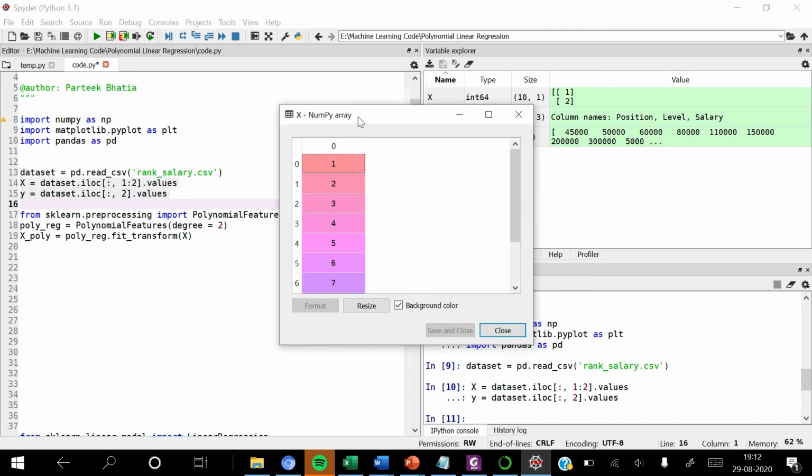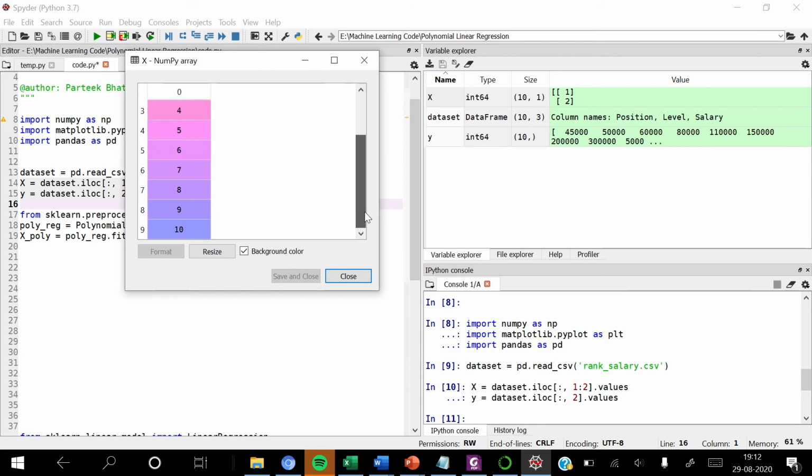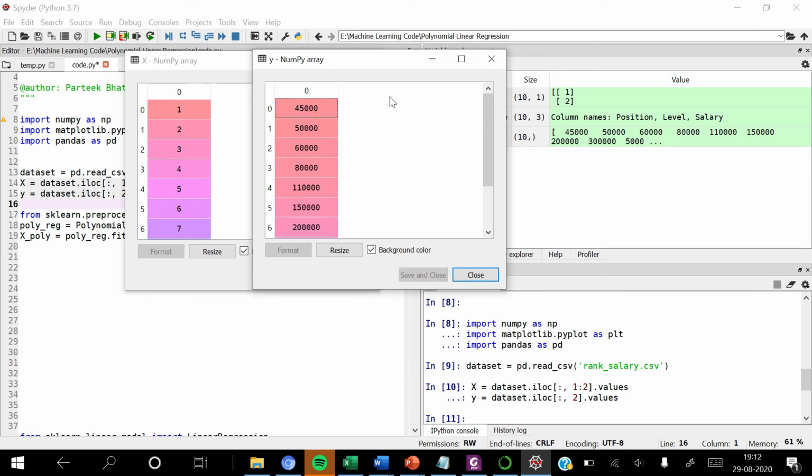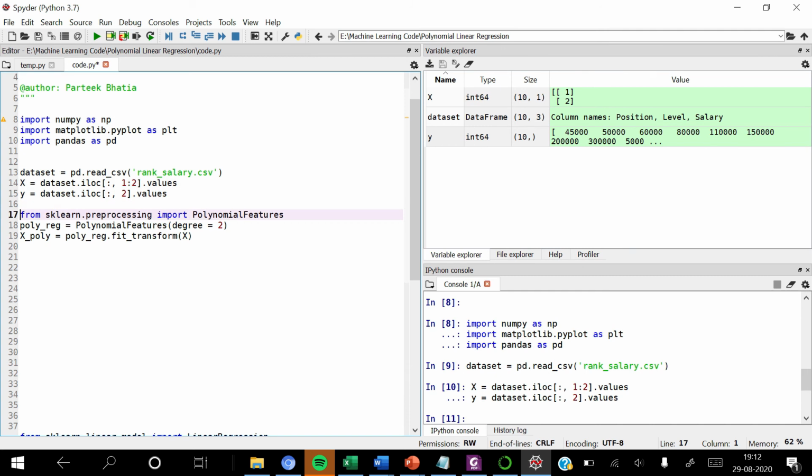So we have level in X with the values 1 to 10, while their corresponding salary values are in Y. Now we have to pre-process our X, which is an independent variable and it indicates the value of level.